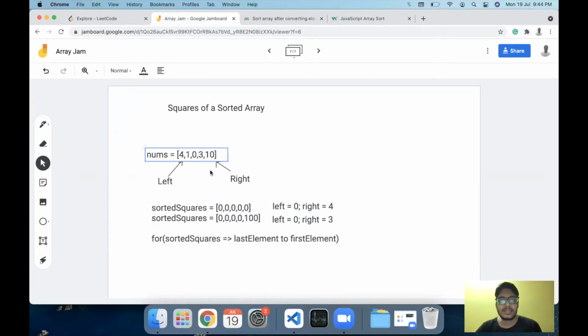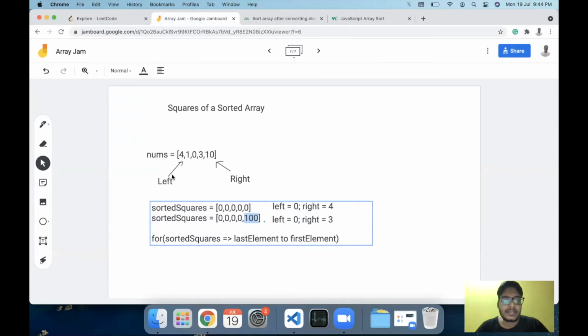In that case, if we are running 2 pointers like this, we will know that if I compare 4 with 10, 10 will be the max element, obviously. So what we can do is push the value of the square of 10, that is 100, towards the last element here. Let's just say we have 100 pushed. Then we move towards the next index, and we see which is the max element by traversing from left and from the right.